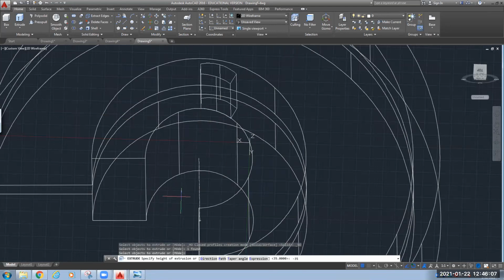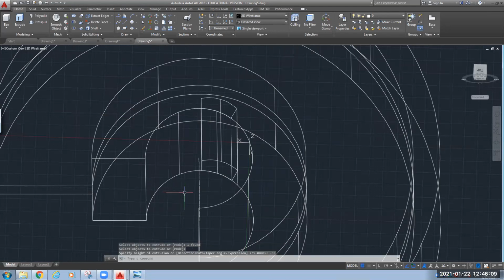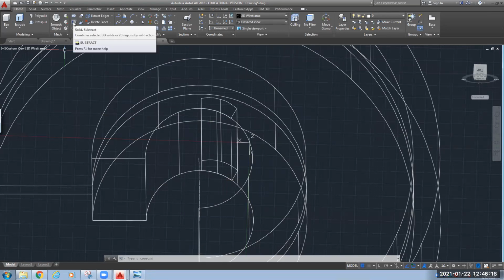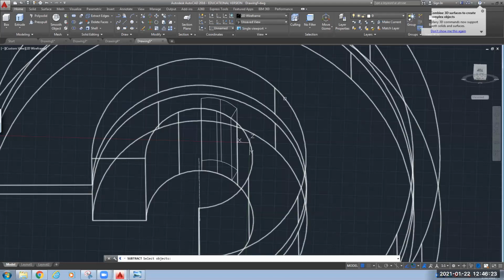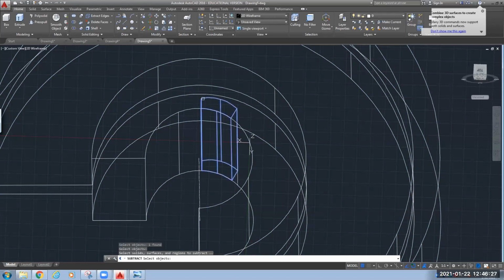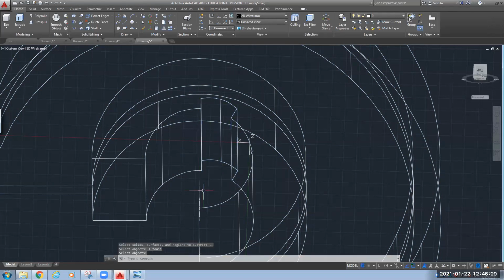Minus 35. After doing this, for making that cut slot, we can use the Boolean of subtract. I want to subtract from this bigger body. Press enter. I want to subtract this smaller body. Press enter.